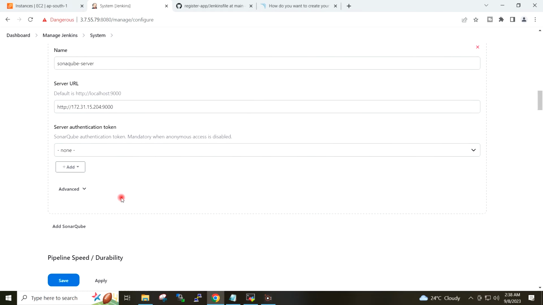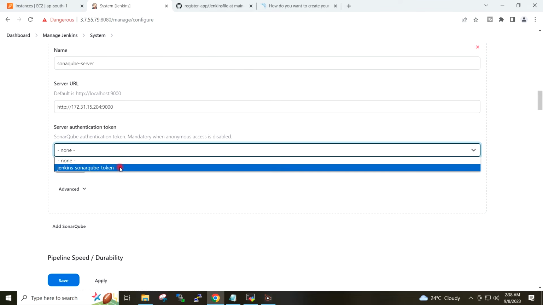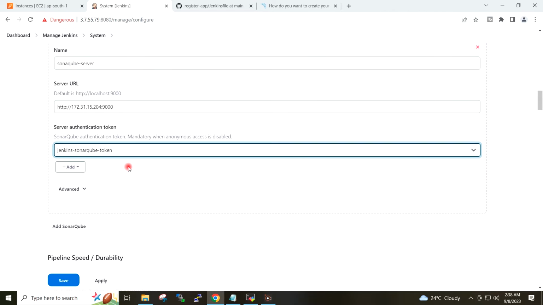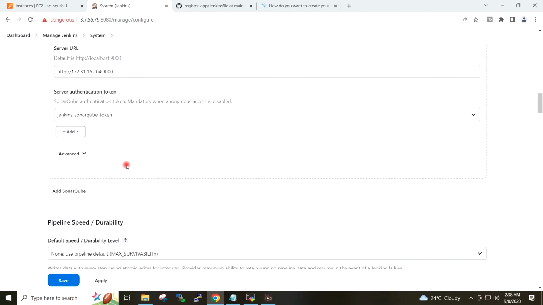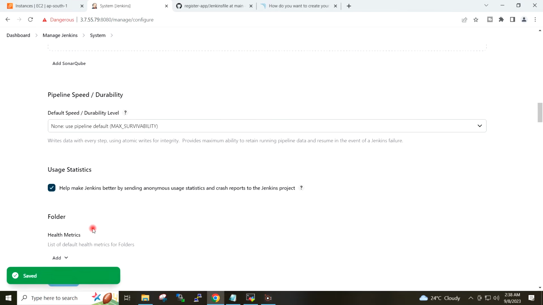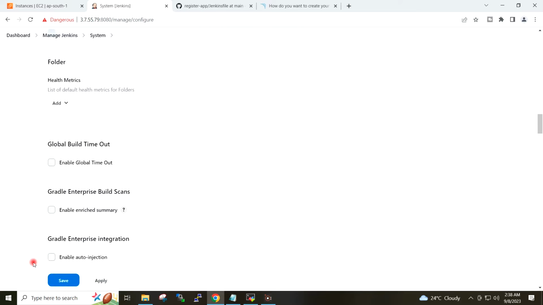Server authentication token, I will select this Jenkins SonarQube token, which we had created using the SonarQube API token. Apply and save.